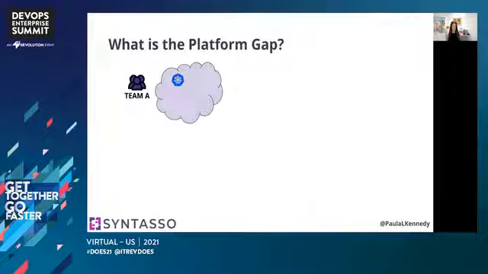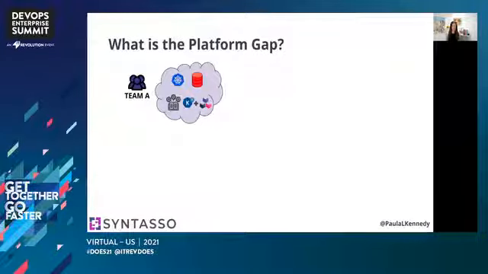So, what is the platform gap? Okay, let's say you have a team, we'll call them Team A. They are responsible for a product. Let's say it's a mobile banking application. And because you're following the DevOps principle of you build it, you run it, this team is managing their own Kubernetes clusters. They're also managing a database. Let's say they've got some machine learning in there as part of the stack. And then finally, they're using Knative and Kpack for their application.